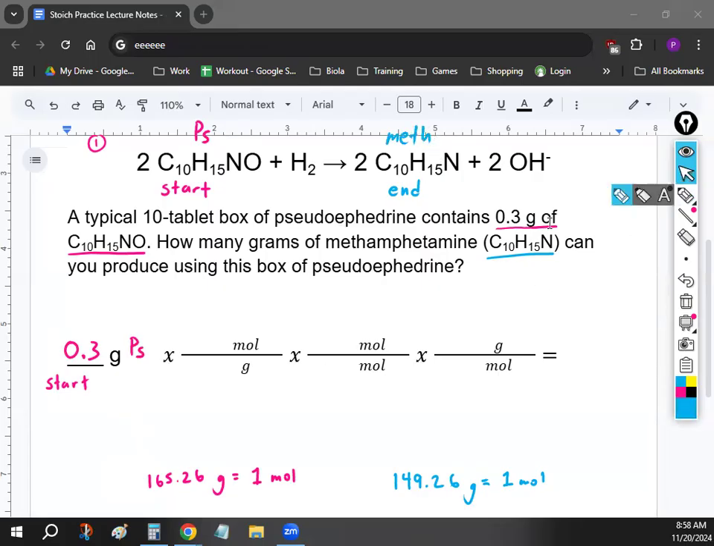Okay. So the first fraction is all about your starting chemical. So it's all going to be about pseudoephedrine. Okay. And what we're going to do is plug in the molar mass of pseudoephedrine into this